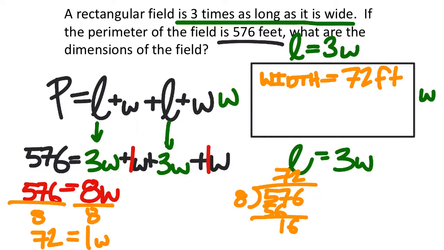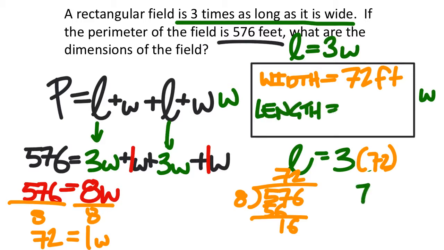Now it says what are the dimensions of the field? So I don't want just the width, I also need the length. And over here we can see the length is 3 times the width, so I need the 3. I'm just going to replace the width with 72. So we'll do that length. I'll show that with multiplication. 72 times 3, so there's 6. 3 times 7 is 21. So the length is